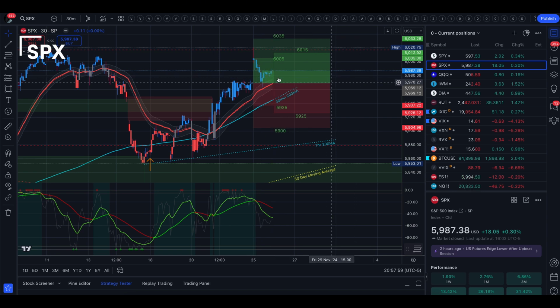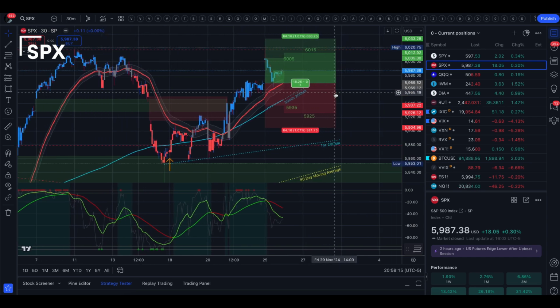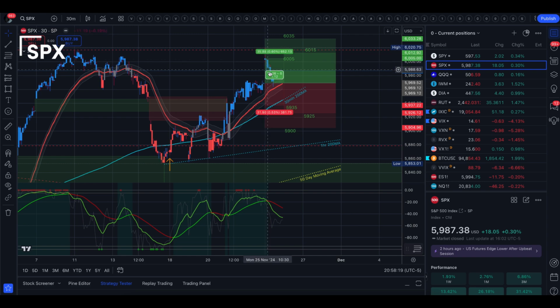So SPX opened with a gap up today to the top of the implied move. You could see this long wick here that made it above this dashed line. This dashed line was previous all-time highs right here. So yes, we did make new all-time highs today, and then we did get rejected there,